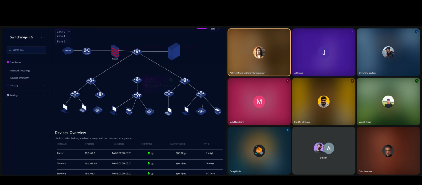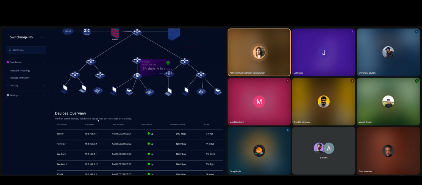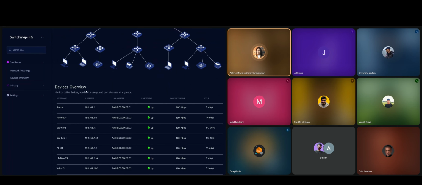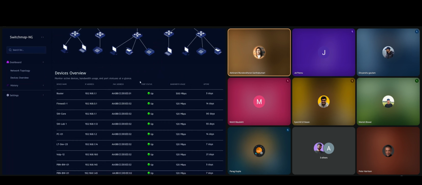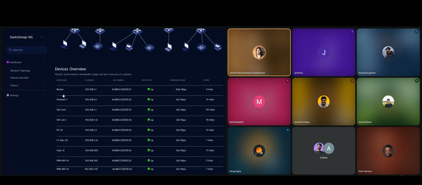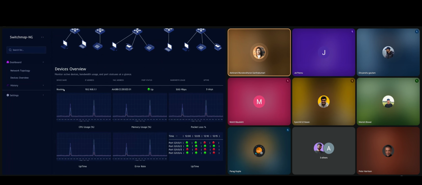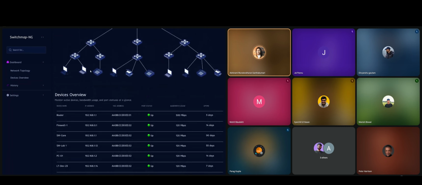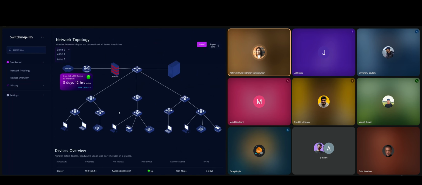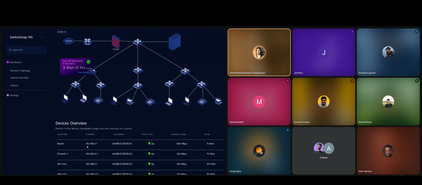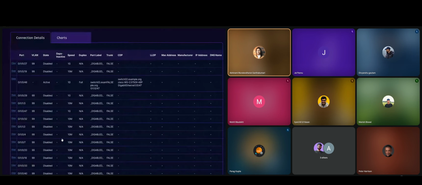So like this. And then we have the devices overview section here. It will give an overview of all the devices in the zone. And if you hover over one device, you can see all the relevant charts. So this can be changed according to the feedback of a user or something. And you can access the device details page from either of these sections. So if you click here,